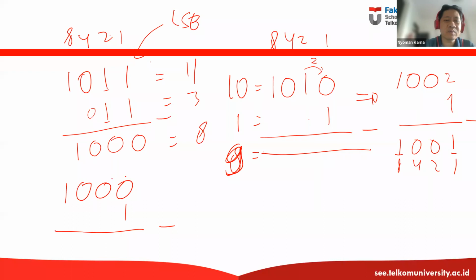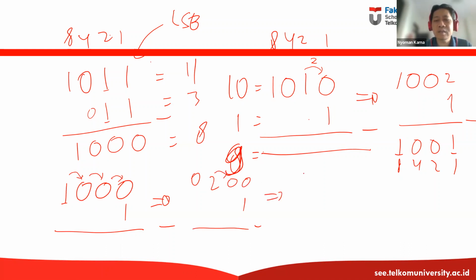So first I need to borrow from here. Nope. I don't have anything. I have nothing. First I need to borrow from here. Nope. I have nothing also. So I need to borrow from here. Okay. I have something in here. So it will become 0. And then this will become 2, 0, 0, 1. Okay, now you can borrow from me. So it will become 0, 1, 2, 0. Why? Because the borrowing value is 2. And this one will be subtracted by 1.